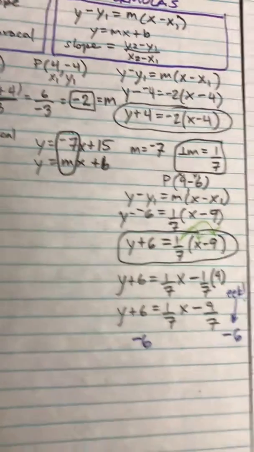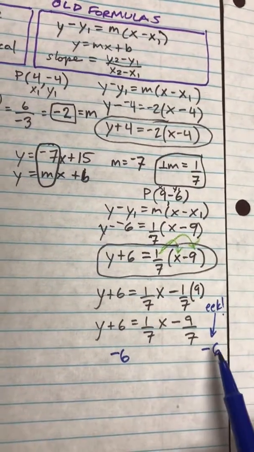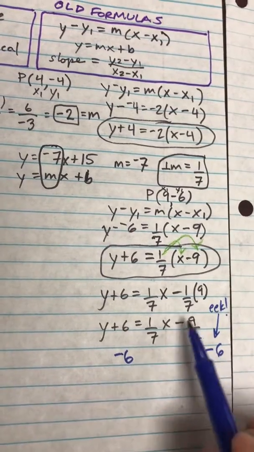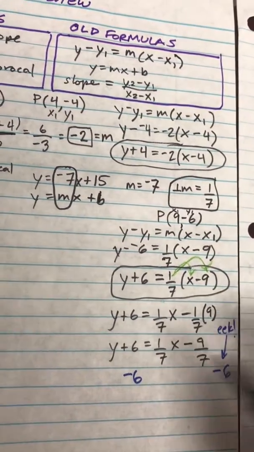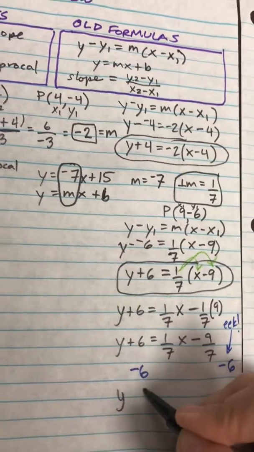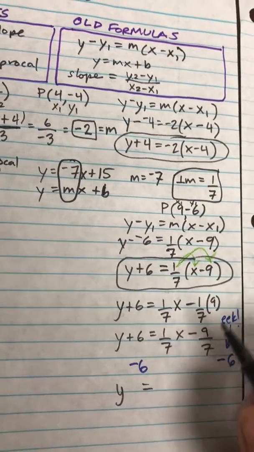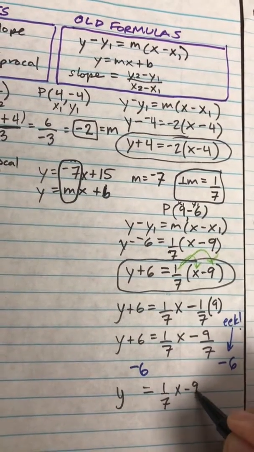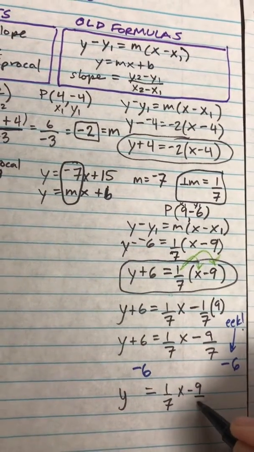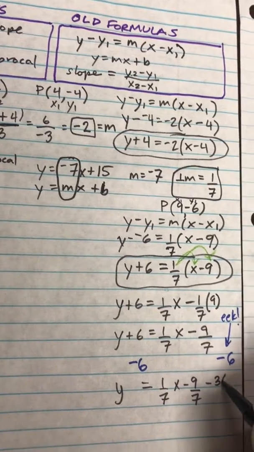Eek. There's a problem. This is a fraction and that's not a fraction, and I can't subtract two numbers that aren't fractions. So I've done one part of my goal. I want to get y by himself. That part I did. But here, now I have to rewrite the number negative 6 as the number negative 36